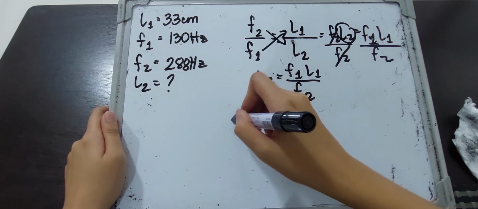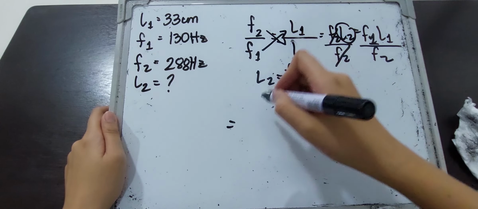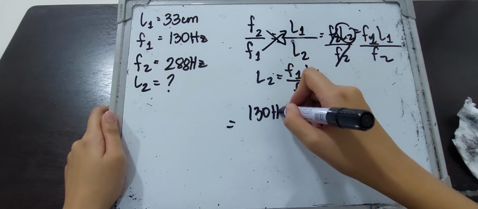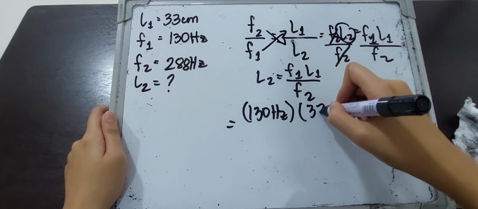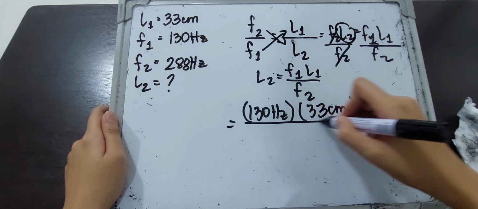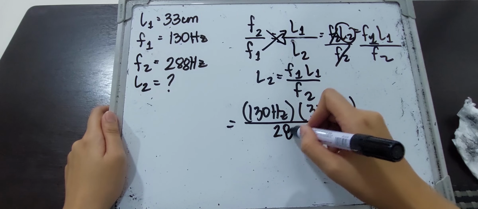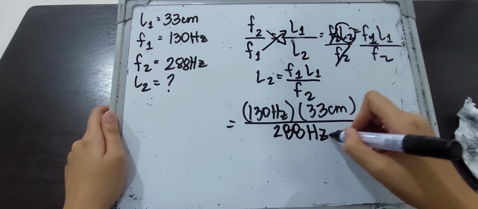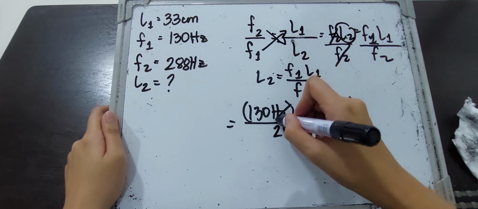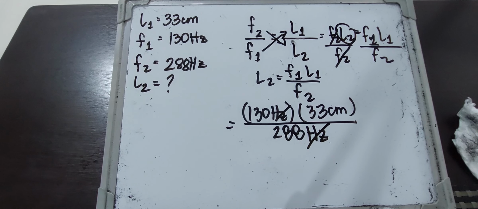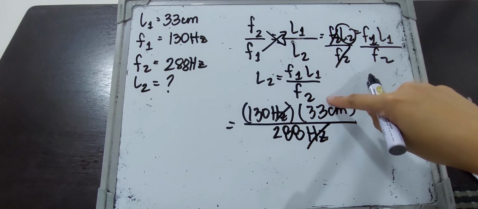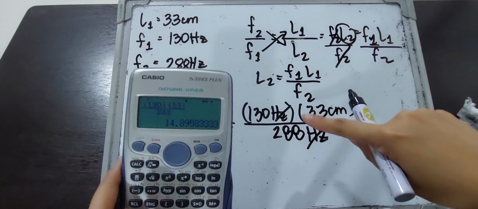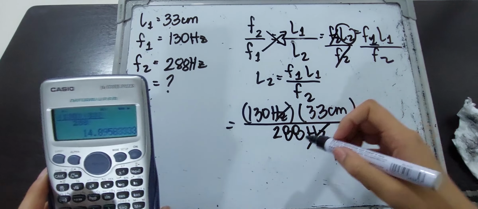So, let us substitute F sub 1, 130 Hz, times L sub 1, 33 centimeters, divided by 288 Hz. Here we can already see that we are going to divide, and the Hz cancels out. If we are going to encode this in our calculator, 130 times 33 divided by 0.08, just like this, our answer is